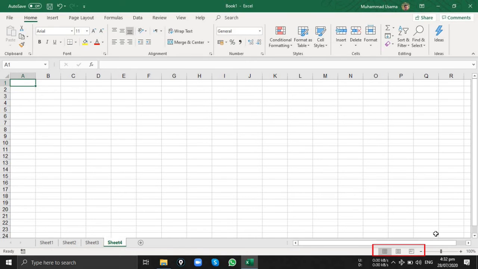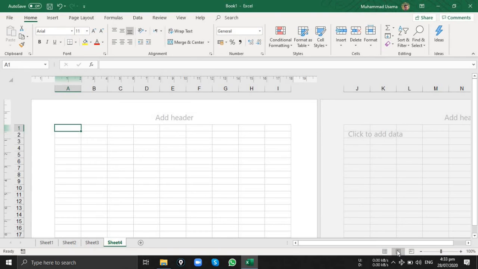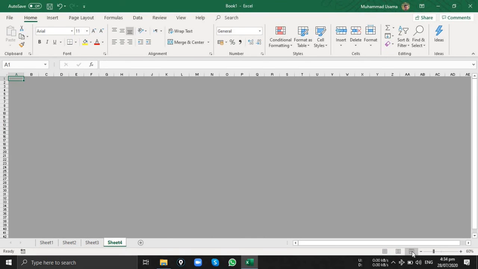These are the three layouts in Microsoft Excel. When I click on this layout, you can see it will change to page layout. If you wanna print your document, then you can see how it exactly looks on a page. If you click on page break view, then you can see how many pages are there in your document.